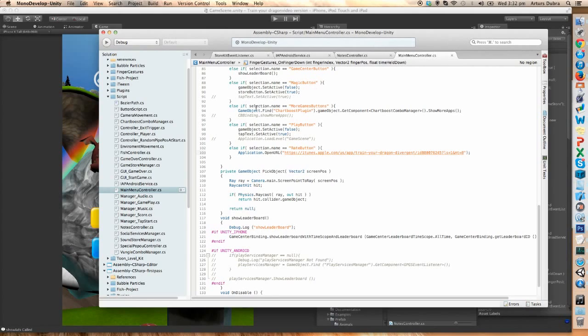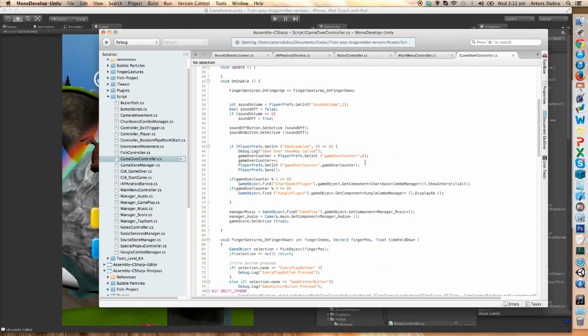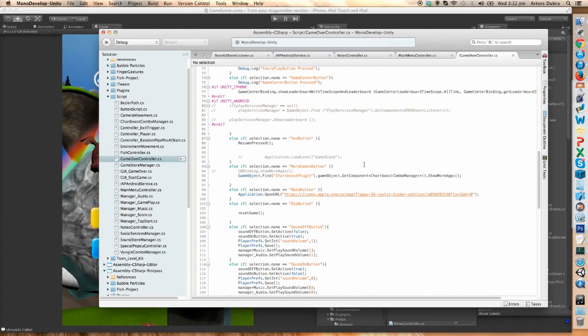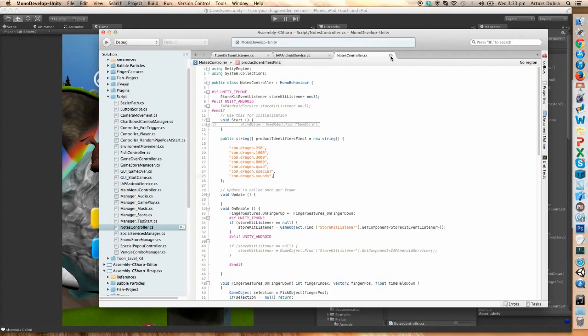This is the rate link. You have to change it in main menu controller, and then you put the same link in game over controller. Okay,